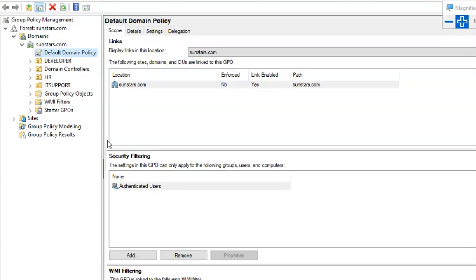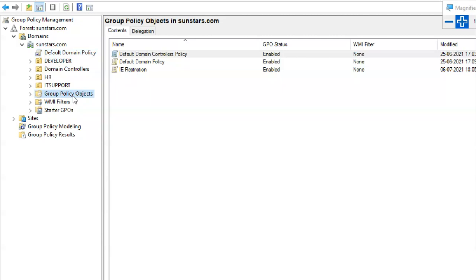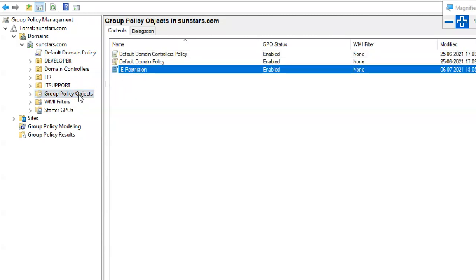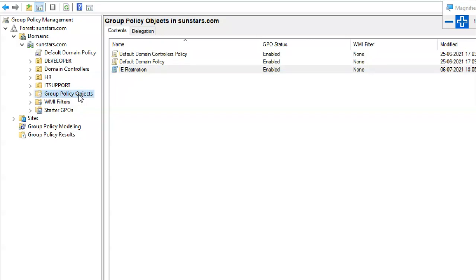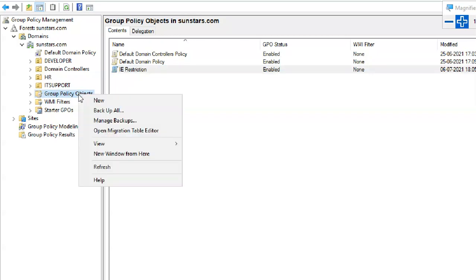First step is to create a policy, right? I expanded everything. Already one policy is there here. Tell me the steps. New.